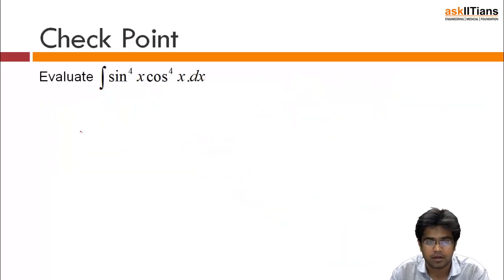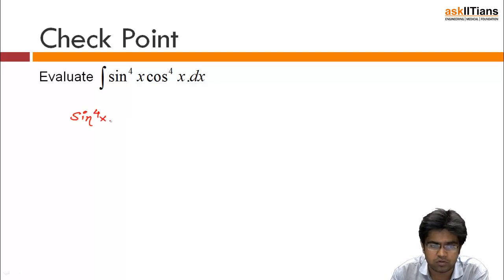Let's say here sine to the power 4x and cos to the power 4x. How can I solve this? It's actually pretty easy if you know the thing. The thing is that always make the double angle formulas. Always make the double angle formulas. How? Let's see. Look how I am going to simplify it to a very easy function.